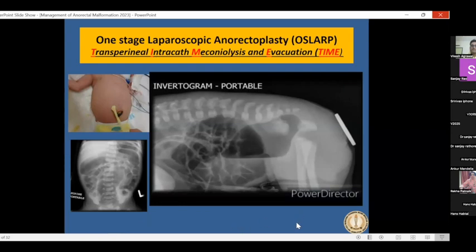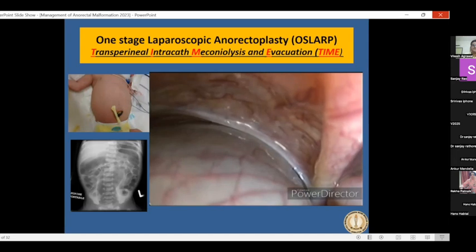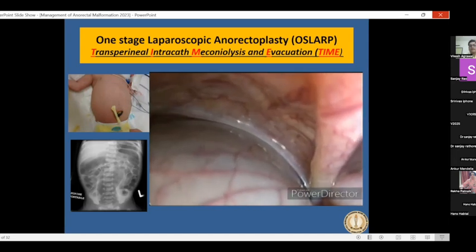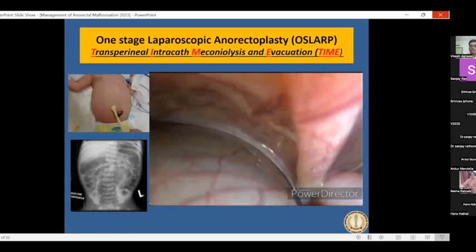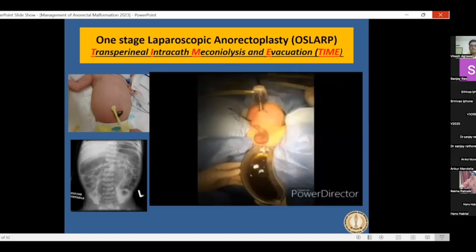So this you can see is a severely dilated colon. Otherwise, a laparoscopy won't be feasible in such a case. We do a laparoscopy and rule out NEC. There are no patches in the colon. Colon looks healthy. Small bowel looks healthy. So as you see, with this distension, it is not possible to do a laparoscopic procedure.